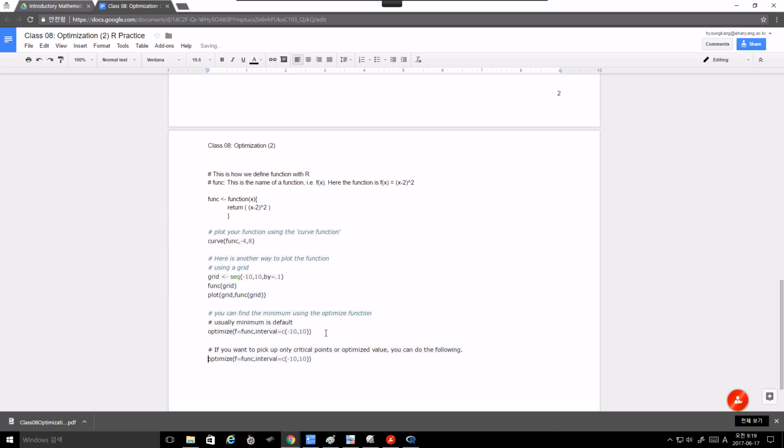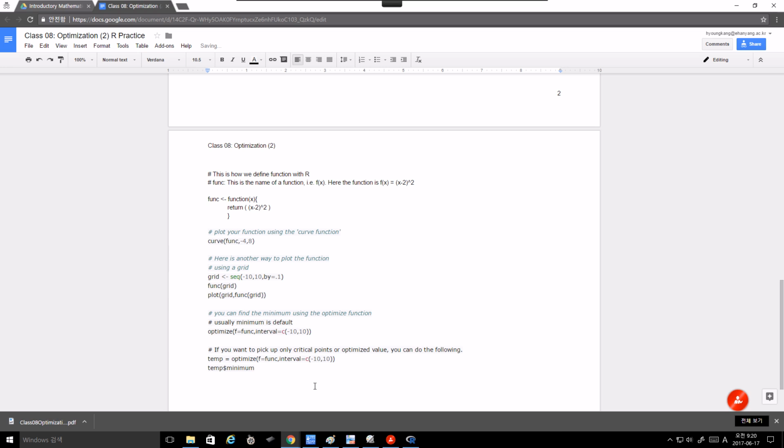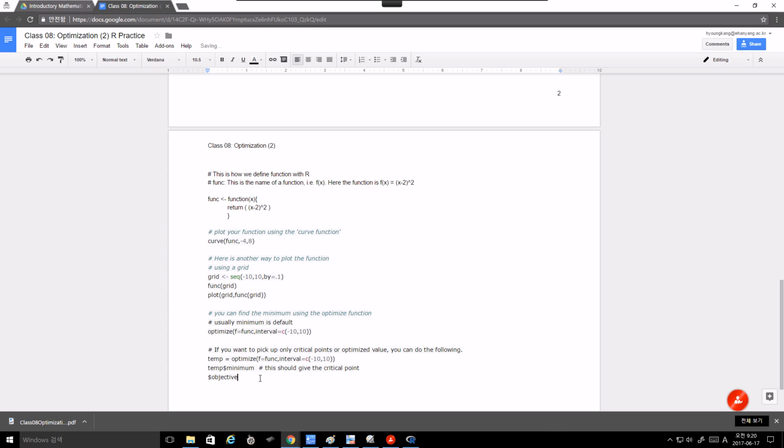Let's call this one temp. Temp equals the optimize call, and then if you look at temp, there is the minimum, with a dollar sign in front of it. You can copy and paste the dollar sign, put it over here. temp dollar minimum should give the critical point, and then objective, temp dollar objective,